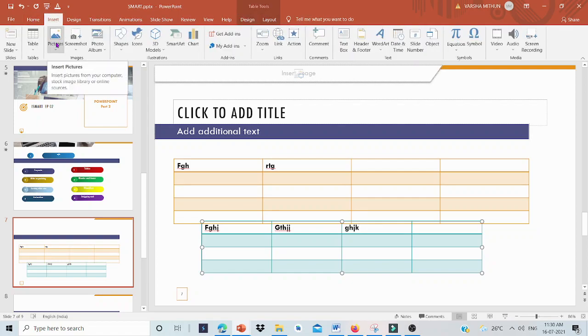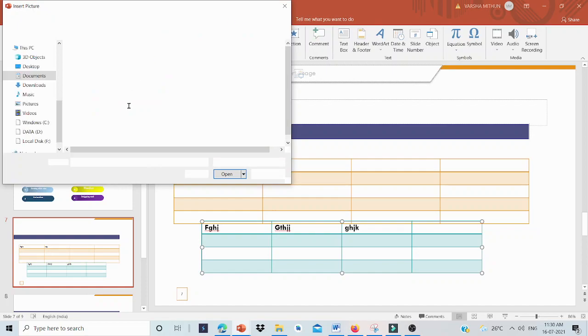Then to insert a picture. Inserting a picture is very easy with our snipping tool. We know that we just snip a portion and press Control V over here. But PowerPoint also provides a control for adding pictures, that is this Pictures icon. By clicking the icon, we can select This Device or Online Pictures, and when we click This Device, it will be redirected to our folders, and from that folder we can select any picture.